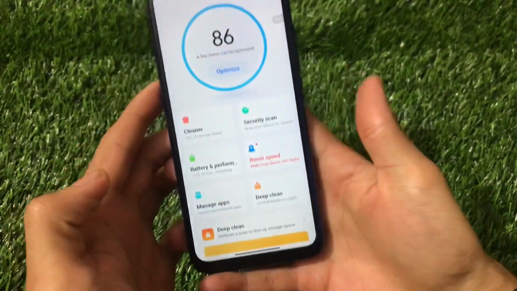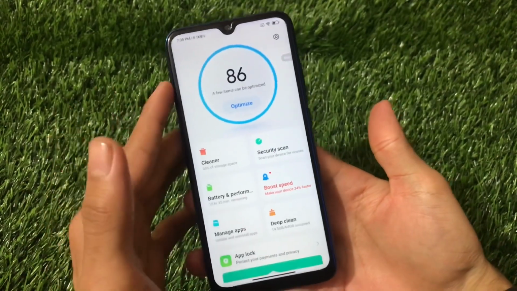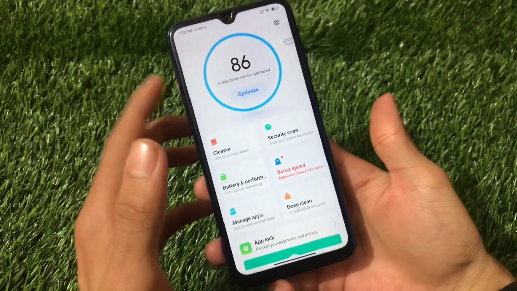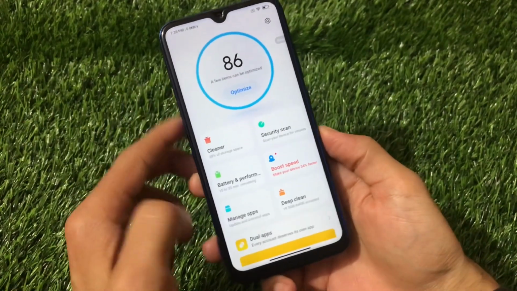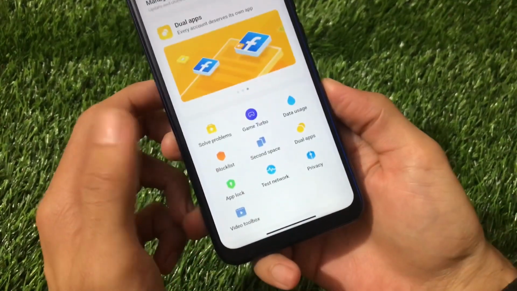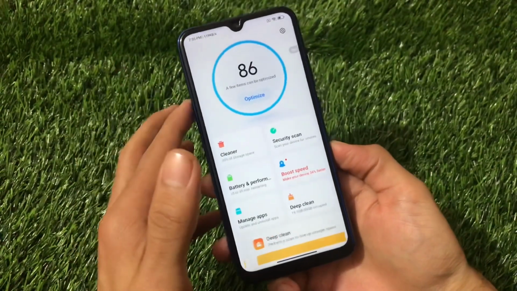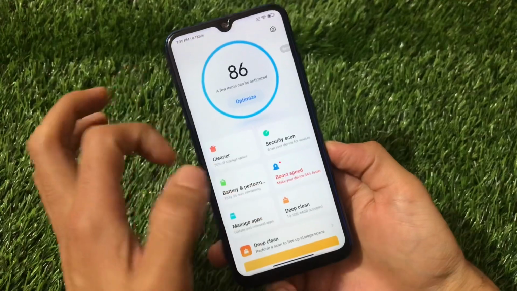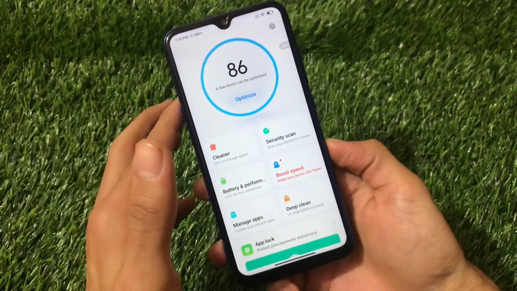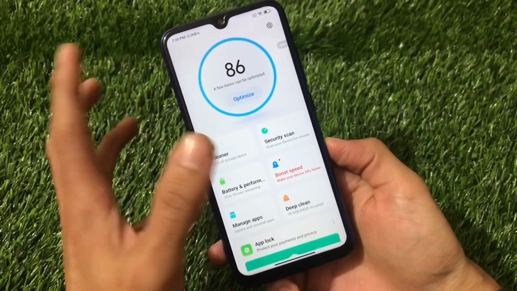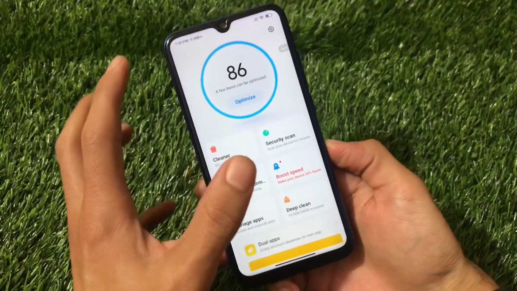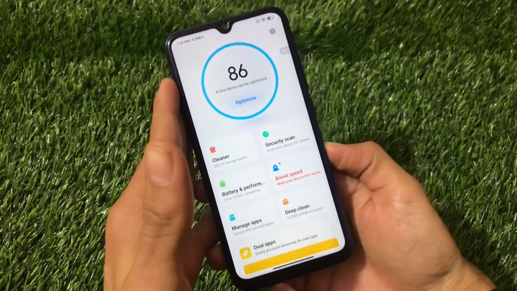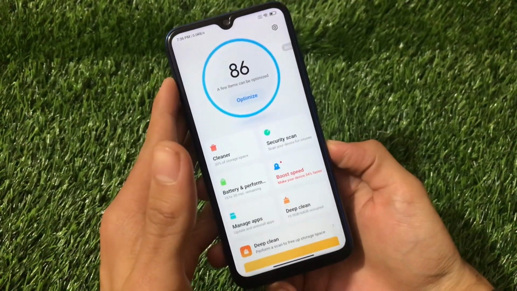This is the latest beta update of the security app which is available for Xiaomi devices, and you can report your feedback, how it's going on and how things are, and which other things change here. In this video I'm going to show you all of those things. The latest update is available and you can install it manually. Also, I'm going to show you that if you get an error like "can't install system applications from this package," I'll tell you how you can overcome that and install this latest security update. So let's get started.